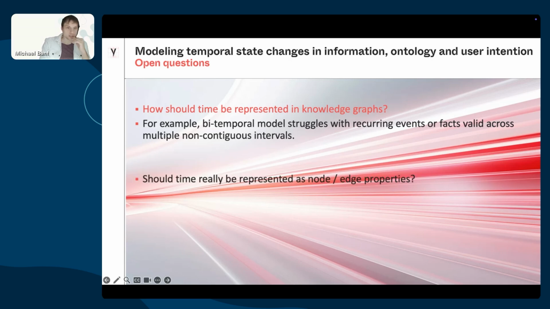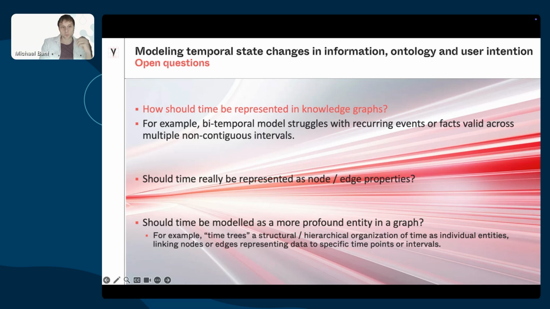And therefore the question is, how should time be represented if we want to integrate that temporal dimension? Should it be just node and edge properties, or should time be modeled as a more profound entity in a graph, right? Just food for thought again, time trees is one idea that floats around